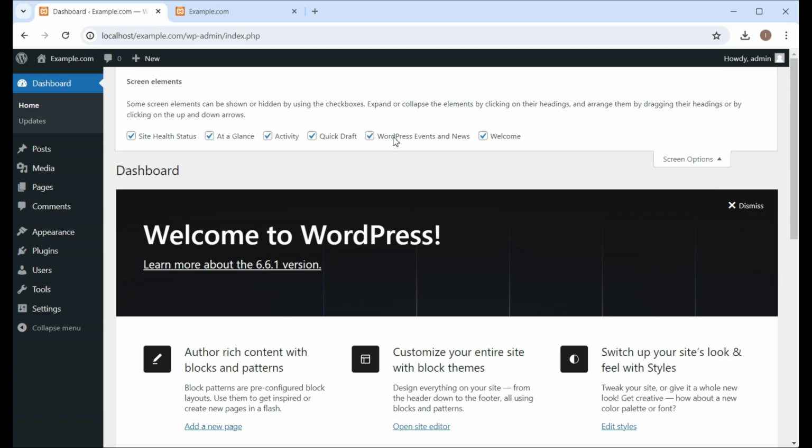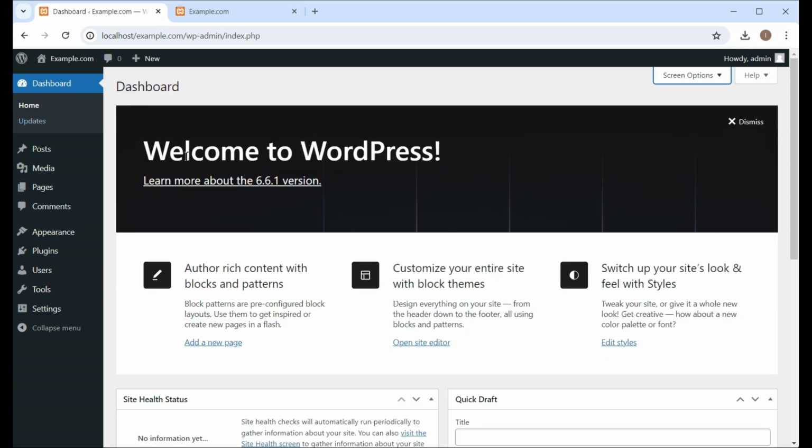If you want to see the welcome message on your site, you can check it, and if you don't want to see it, then uncheck this box. Screen options are different and these are context sensitive. Screen options are different for appearance, for comments, because they're context sensitive.